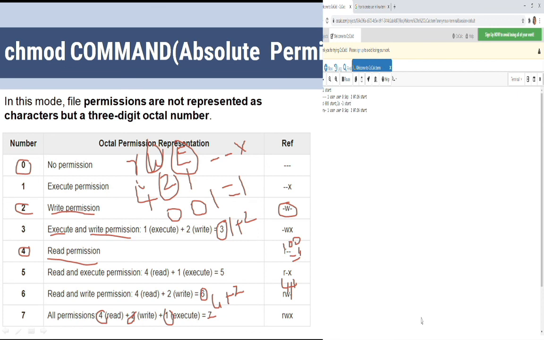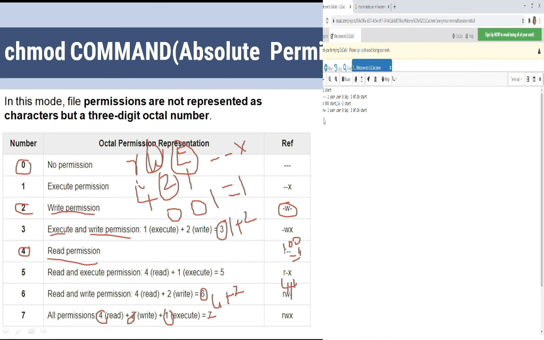Initially nothing was there. Now read write for the user, read write for the group, and read write for the others. 6 I have given. This field represents the user, this one is for the group, and this one is for the others. So that will be represented here.